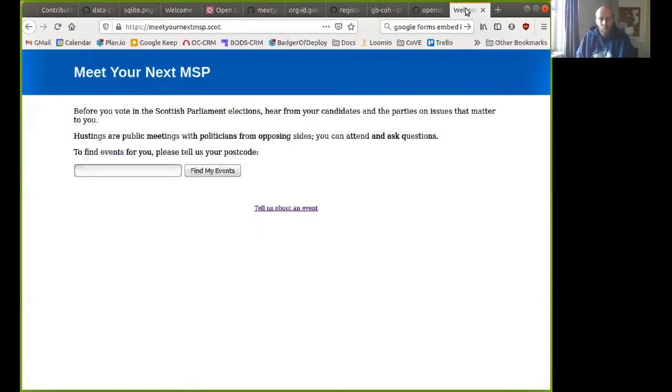So hopefully we'll have a go at this to see how it goes. I know from doing this last time there's the potential to make a big impact here. Back in 2015 when I did this, it was referenced by charities and campaign groups, and the data was taken and reused in other digital democracy tools. Hopefully it can make an impact both for people who already are in political circles and already connected, but also do a bit of selling for people who don't know what hustings are and don't know that these opportunities and events are out there. So hopefully it can be a way to introduce those people to this.